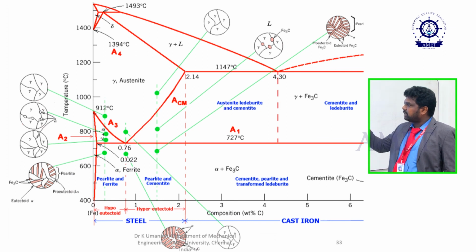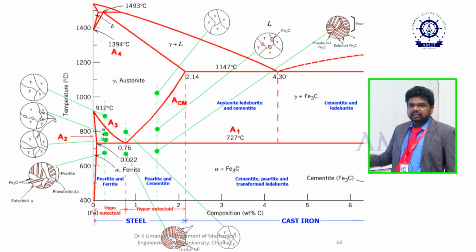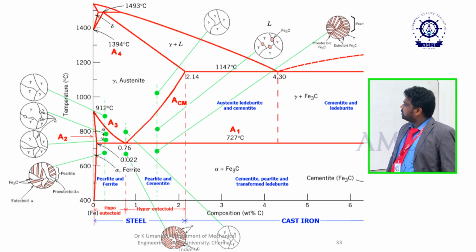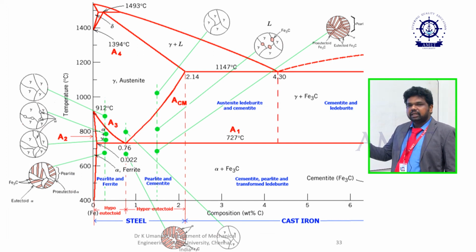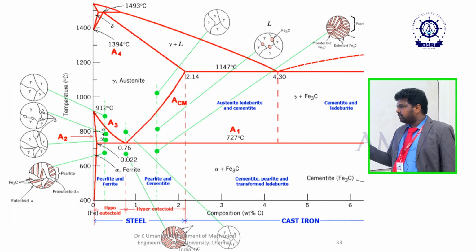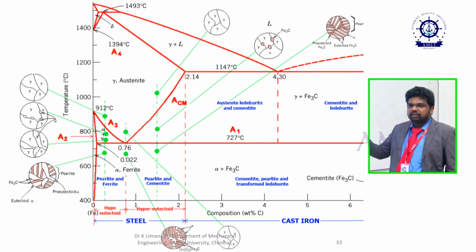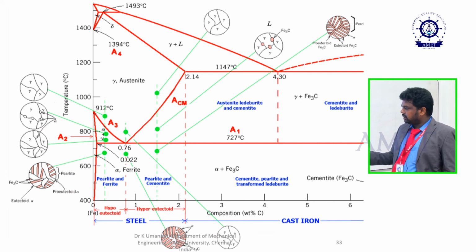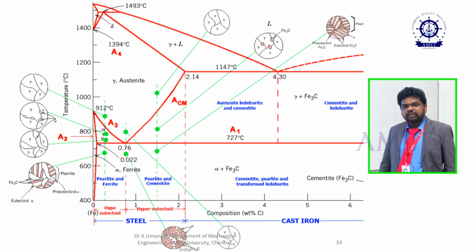For example, if you take the austenite area, it is mostly a white structure, and you will get only the austenite structure. There is no ferrite content or cementite content in this structure. So it is mostly ductile in nature with very high toughness properties. Then we have hypoeutectoid and hypereutectoid. Hypoeutectoid means less carbon content, hypereutectoid means more carbon content. Low carbon steel and medium carbon steel come under the less carbon content, and high carbon steels come under the hypereutectoid steels.